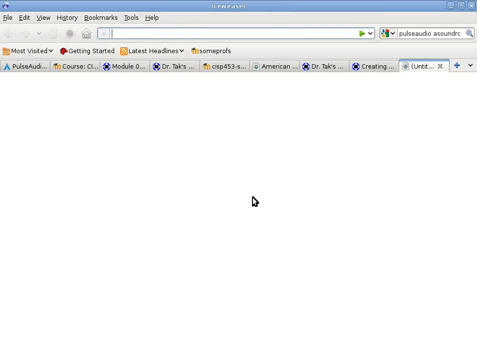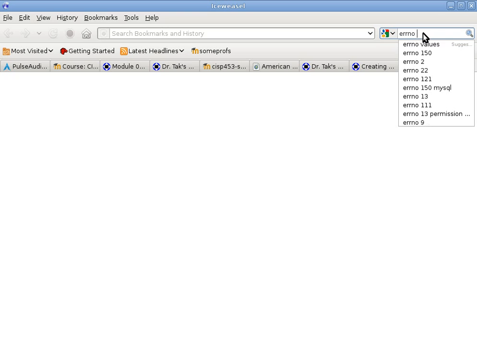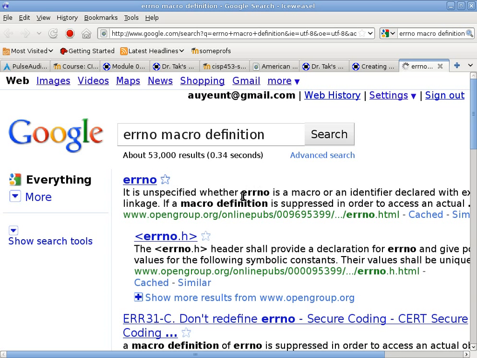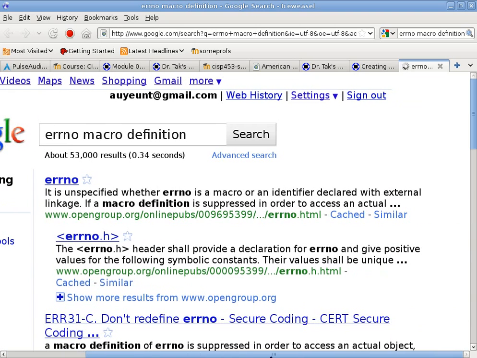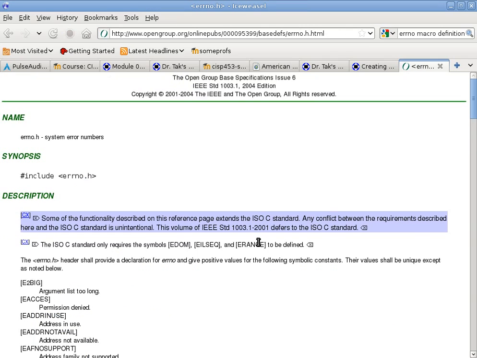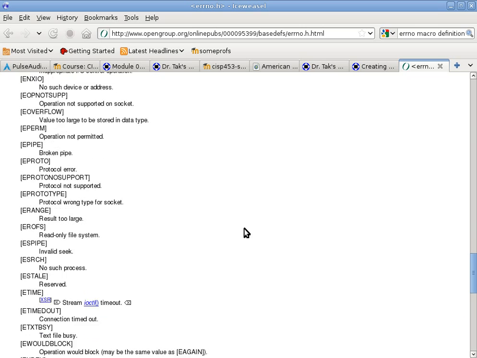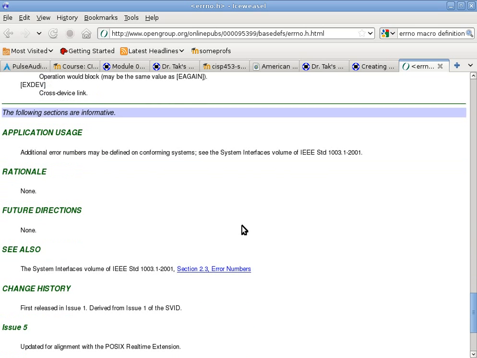Okay. In fact, if you really want to know how errno is expanded, you can search for the errno macro definition. These are all the error messages.